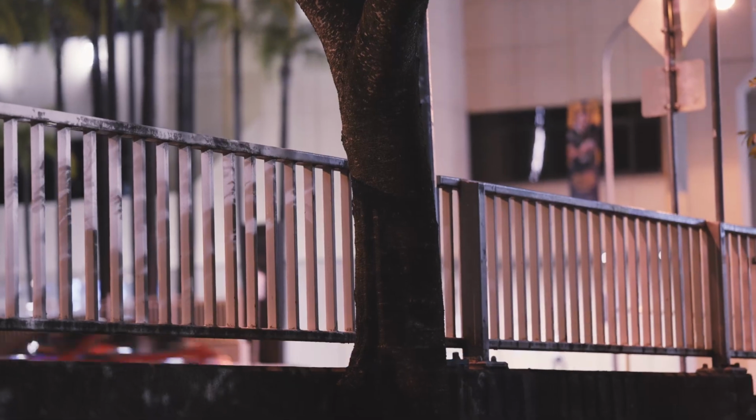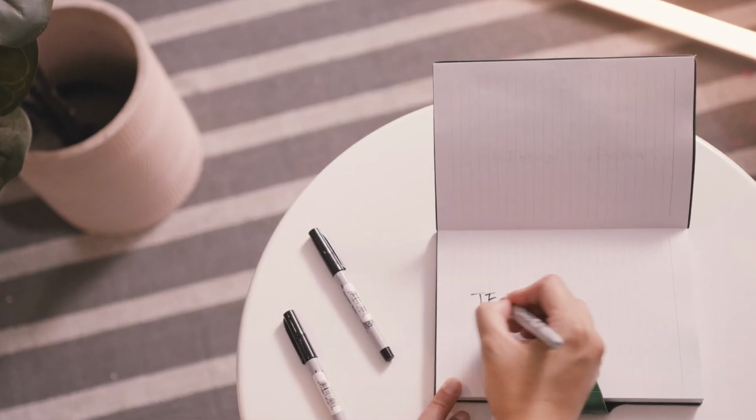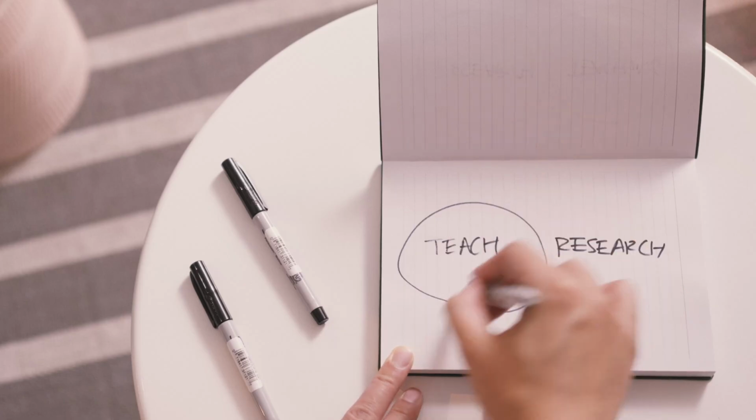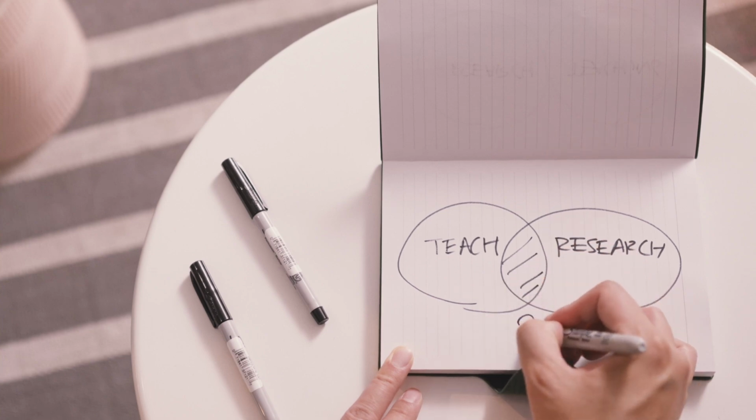Every professional is being pulled in a million different directions, and we have to constantly reprioritize what is worth our time on any given day. At universities and colleges, research versus teaching is the ongoing conundrum. Spending more time on one takes away from the other, and it can feel like a zero-sum game with you